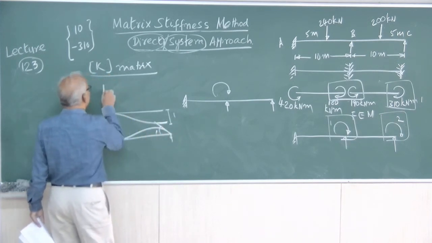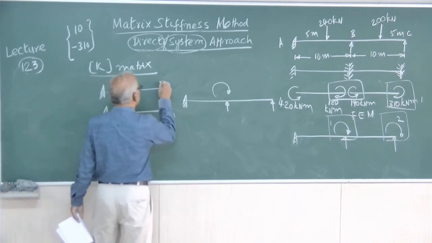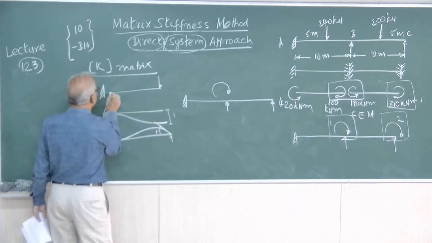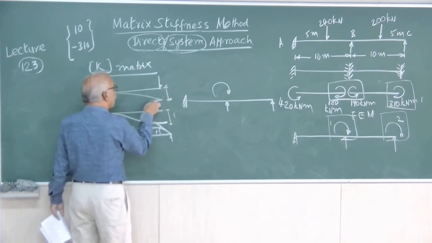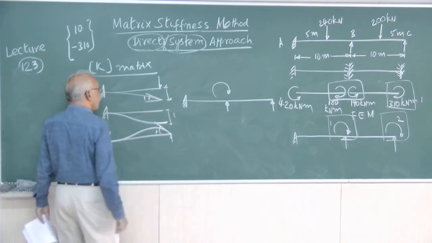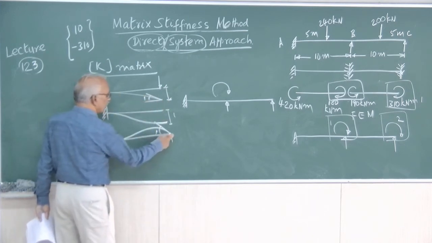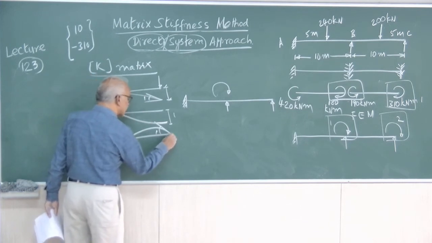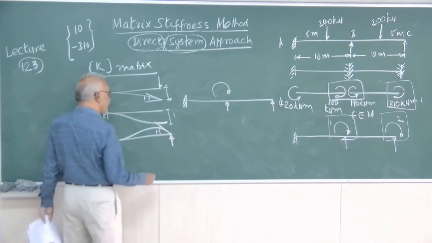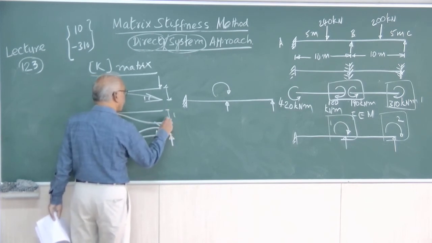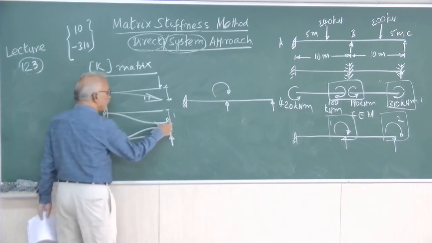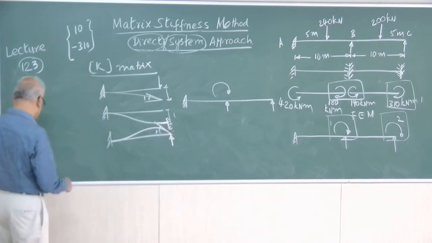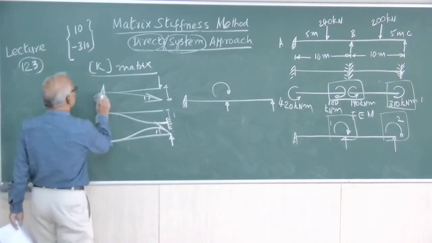But when a cantilever is subjected to a force, it will undergo both. Both settlement will be there and also rotation will be there. But when we allow rotation, we should not allow settlement. So we have to treat this end as simply supported. When you allow settlement, you have to prevent rotation. That means you have to treat the far end as fixed. Therefore, at the fixed end, rotation is equal to 0. So these things one has to be very thorough in the matrix stiffness method.